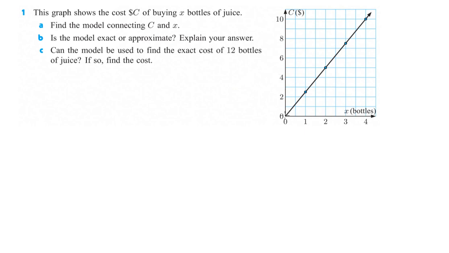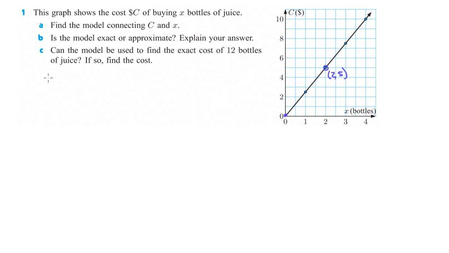So what we want to do is find two nice points. (0, 0) is about the nicest point we can find. And they have this here, but I don't know that exact point. This is on a nice spot, so I'm going to use this one, which is at (2, 5). So we can tell already that the y-intercept is 0, and then our slope is going to be up 5